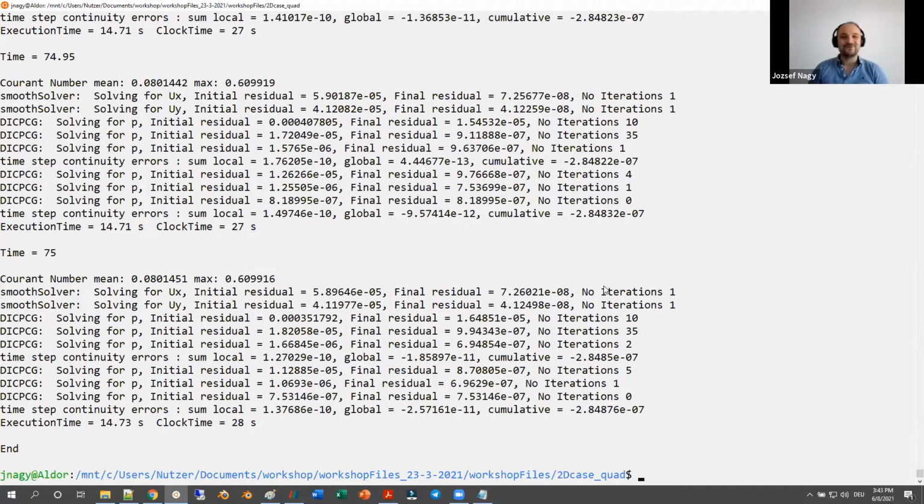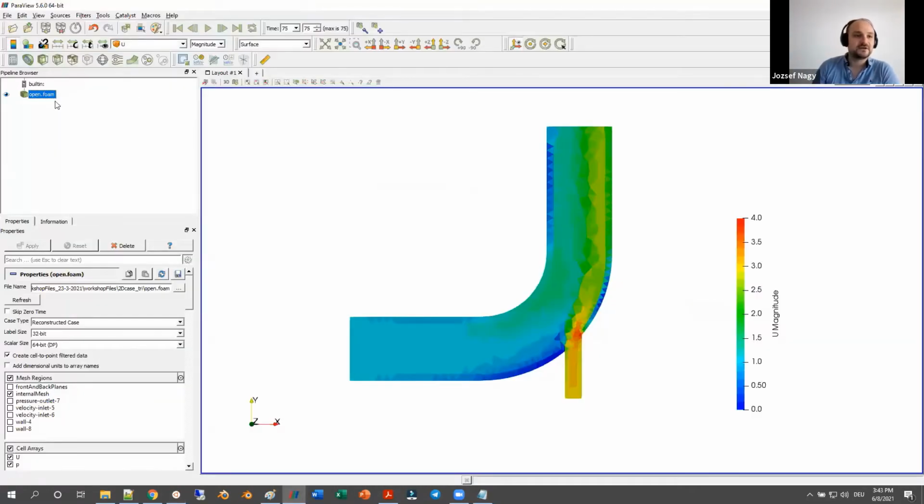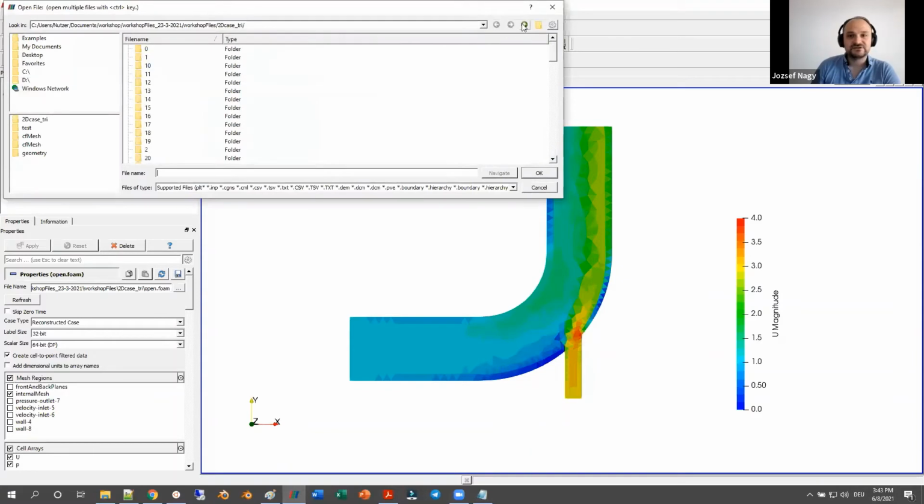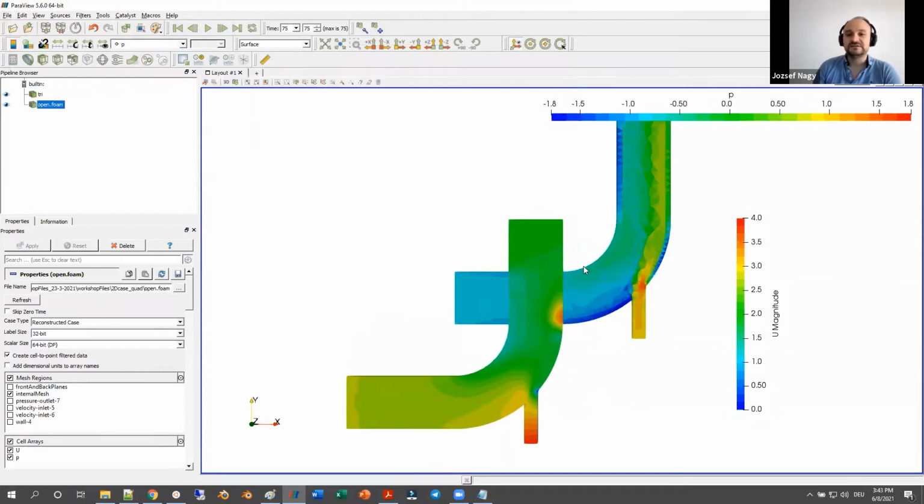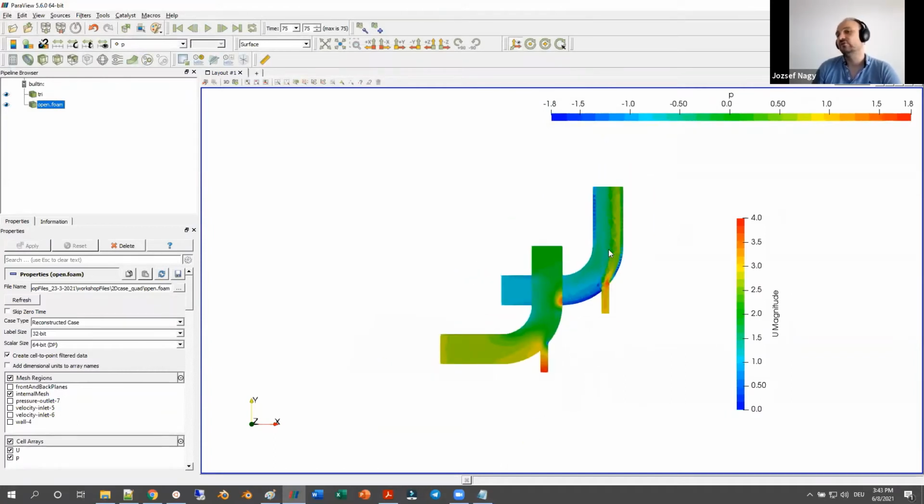Okay, in the meanwhile, the quad mesh finished. So now we can just open it up. Maybe I'll call this the tree mesh, the triangular mesh, and then I go one up into quad, and open up the open.foam file here. Always click apply. What we see here is that they are not on top of each other, and it's a bit shifted. I did it on purpose so I can show you some functionalities of